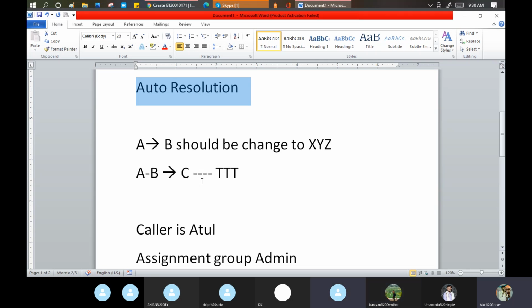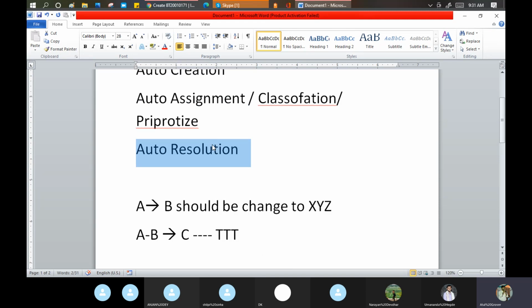I think an easy example would be installation of a printer, Atul. For example, I'm a user and I say I want to install the printer, so I raise a ticket, and in the resolution it sends me the link on how to install the printer. That becomes my resolution. So I look at the instructions and I install the printer. By these manners we can do the automation.